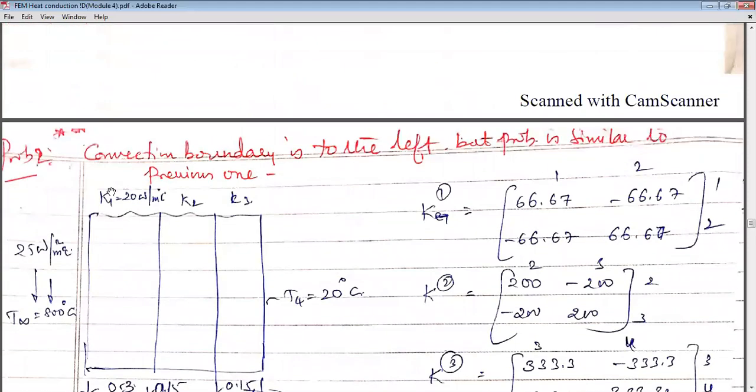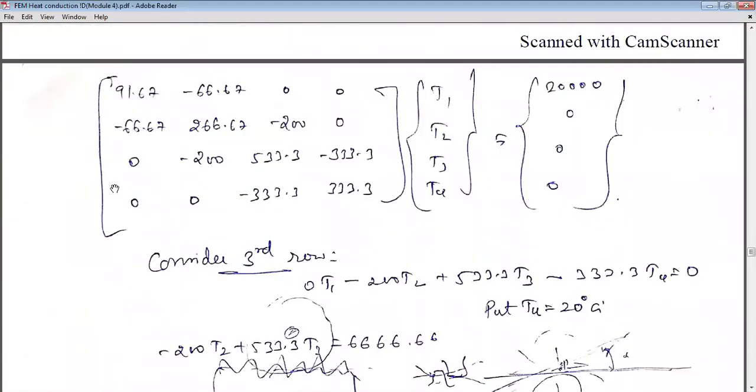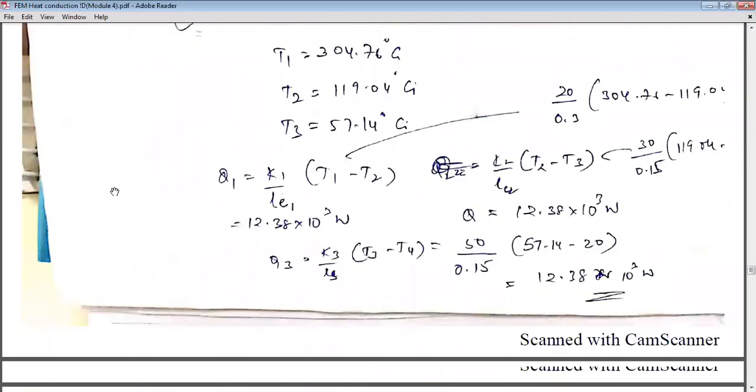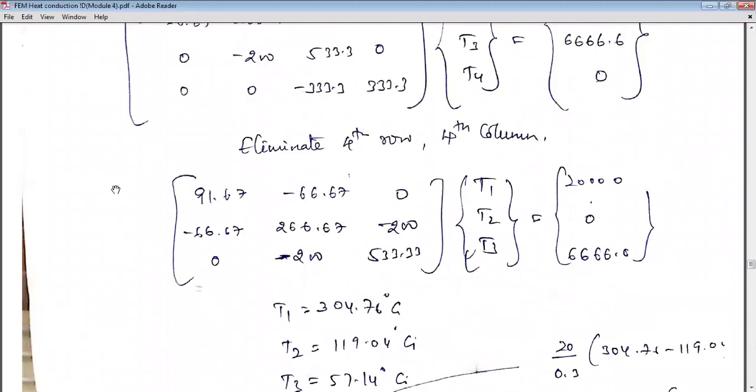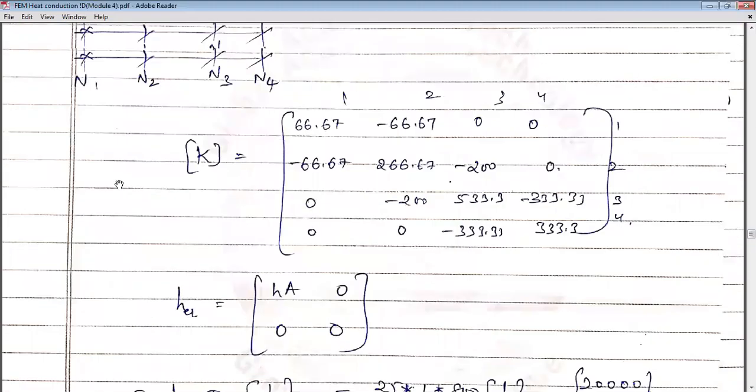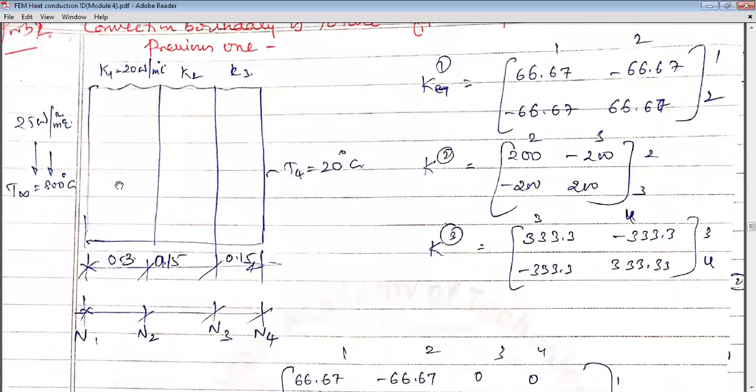We'll try to do this. What is K1, K2, K3? Probably I've missed out on K1, K2, K3, so I'll just explain this. When you don't have those values, let us take them down. There's a small missing data again here. K1 is given as 20. K2 and K3 are also specified with different values. You can imagine some values which you solved in the previous problem, the same thing you can write, or some data.